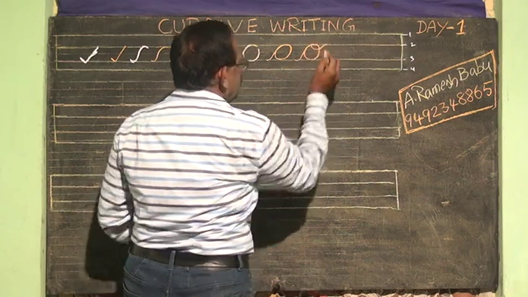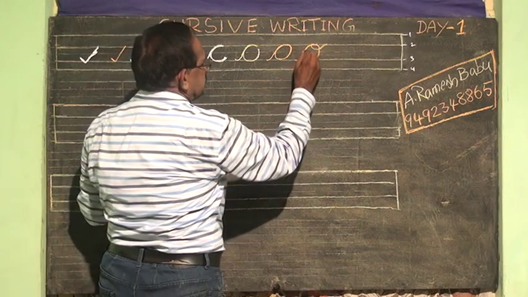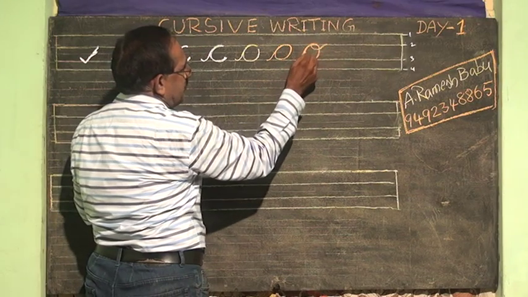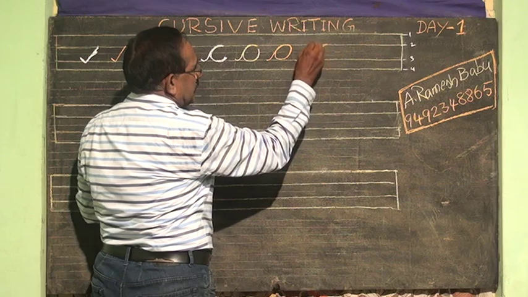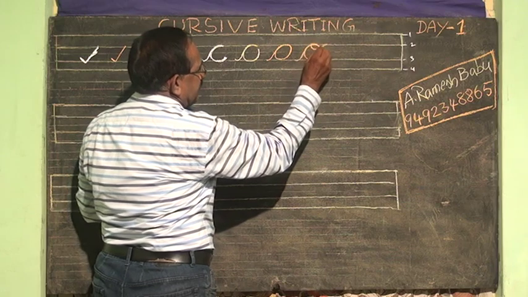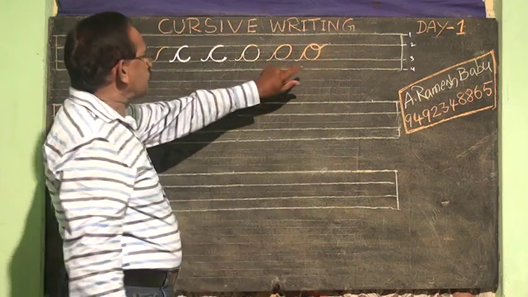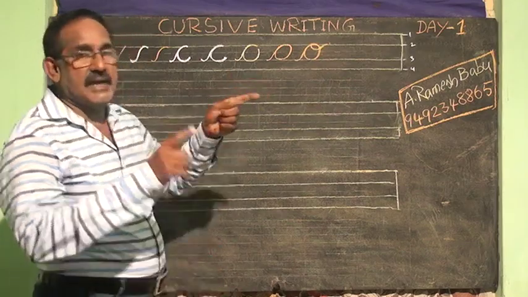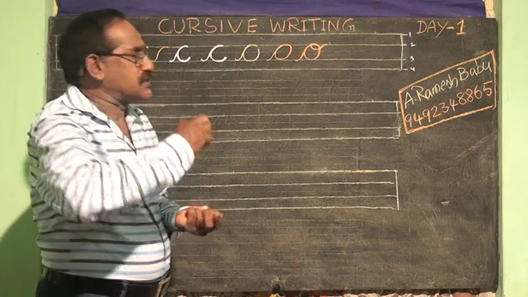Here make a curve now. Look at here, start from here and again come back the same way and make a circle here and turn it into a curve here. You stop the curve here. So between 2 lines only, you should write the small letters, the semicircle and the circle letters. O. After that you write down A, small a.